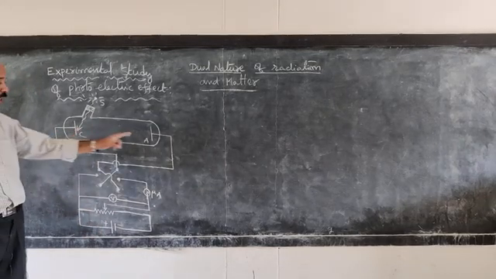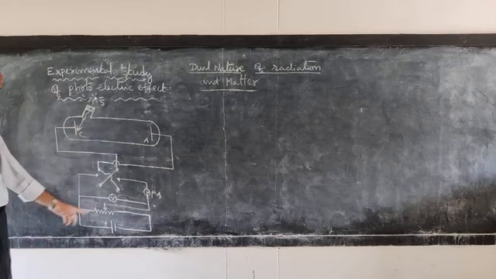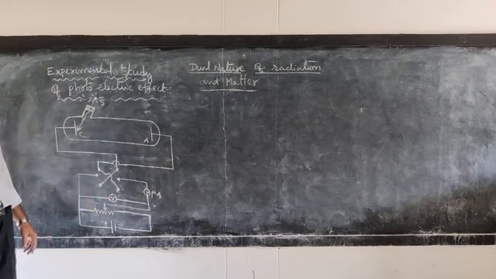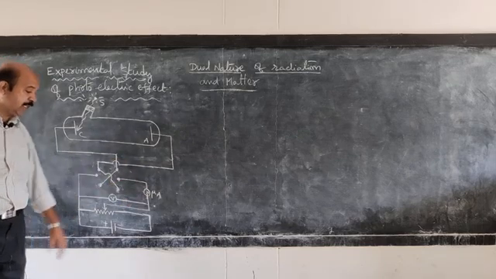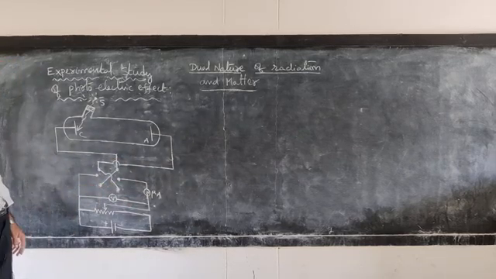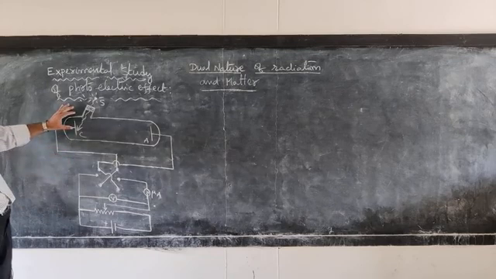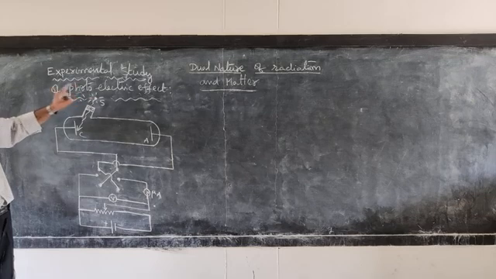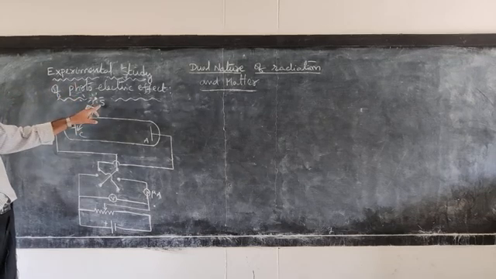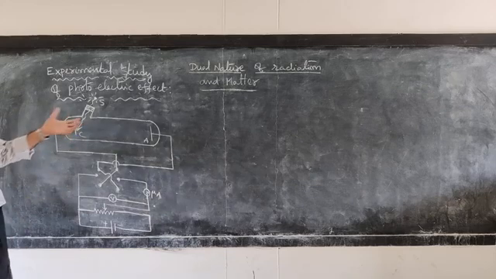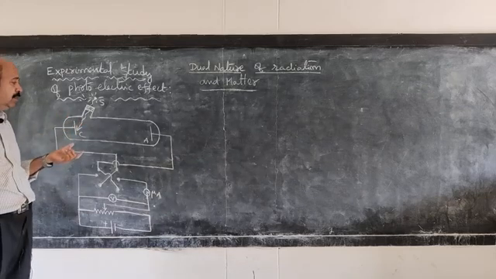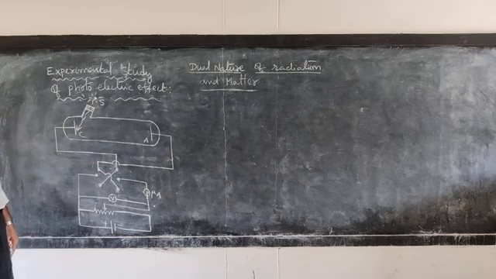To measure the potential difference between cathode and anode, a voltmeter is arranged, and to measure the photocurrent, a microammeter is arranged in the circuit. Now, through a quartz window, radiation of a suitable frequency from the source is allowed to fall on the cathode. Since glass is opaque to UV radiation, a quartz window is used for allowing the UV radiation.